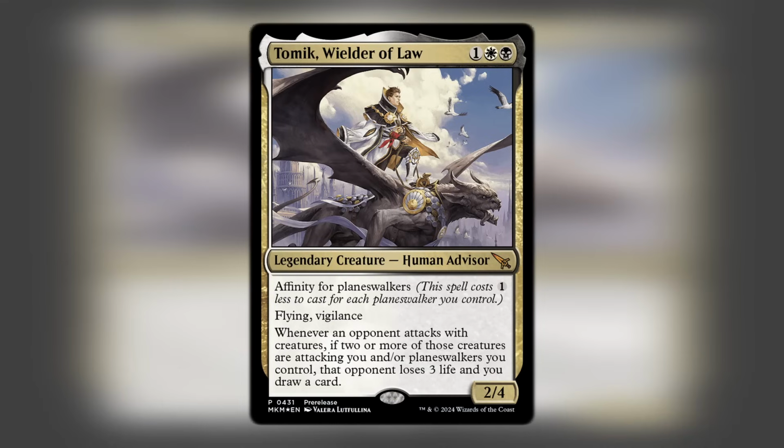Apart from affinity for Planeswalkers, Tomik is a 3-mana 2/4 with flying and vigilance, and whenever an opponent attacks with creatures, if two or more of those creatures are attacking you and/or Planeswalkers you control, that opponent loses 3 life, and you draw a card. At first, I was a bit skeptical, thinking there probably weren't a lot of Planeswalkers in